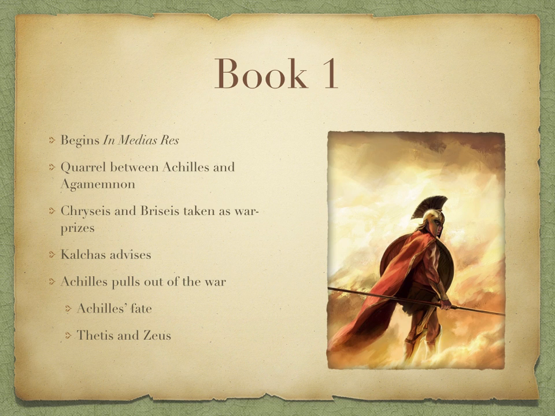He is known as the best Greek warrior, and he wants to be heralded that way. When Agamemnon takes away his prize, he pulls out and does not give any more help to the rest of the Greek soldiers. When that happens, he complains to his mother, Thetis, who then talks to Zeus to see what can be done